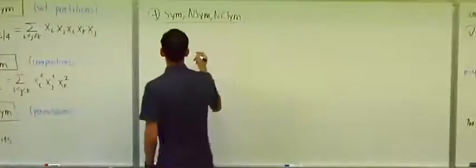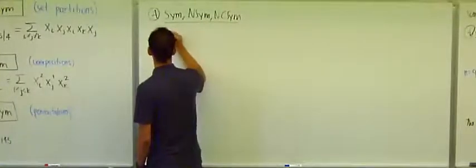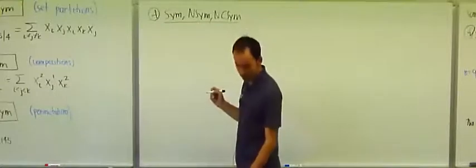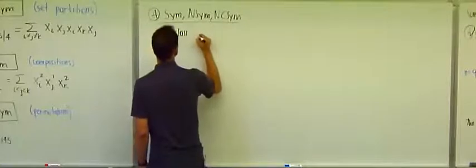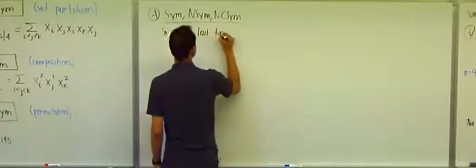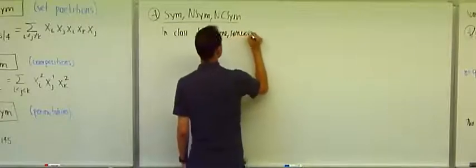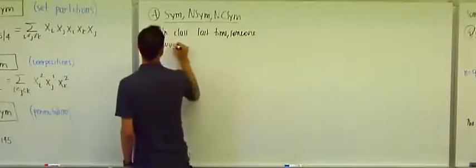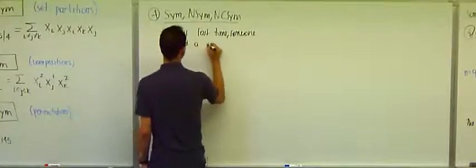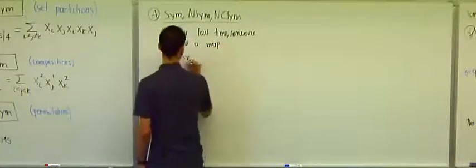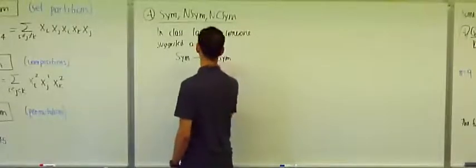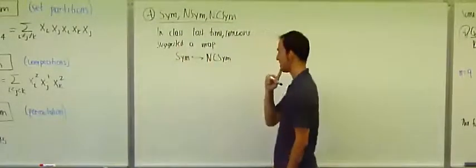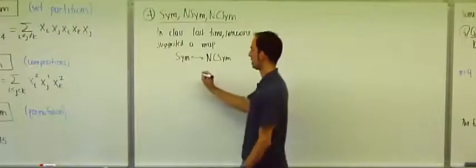So in class last time, someone suggested, I forget who, a map from SYM to NC-SYM. Actually, an inclusion from SYM to NC-SYM, given by taking a monomial